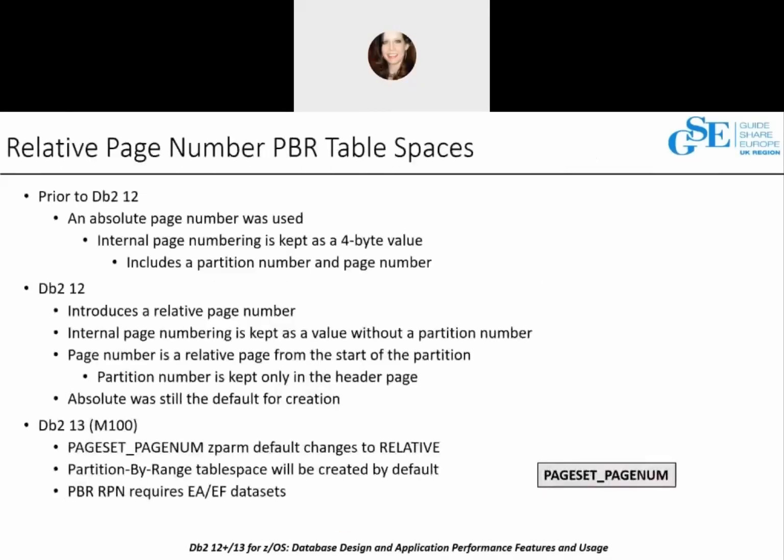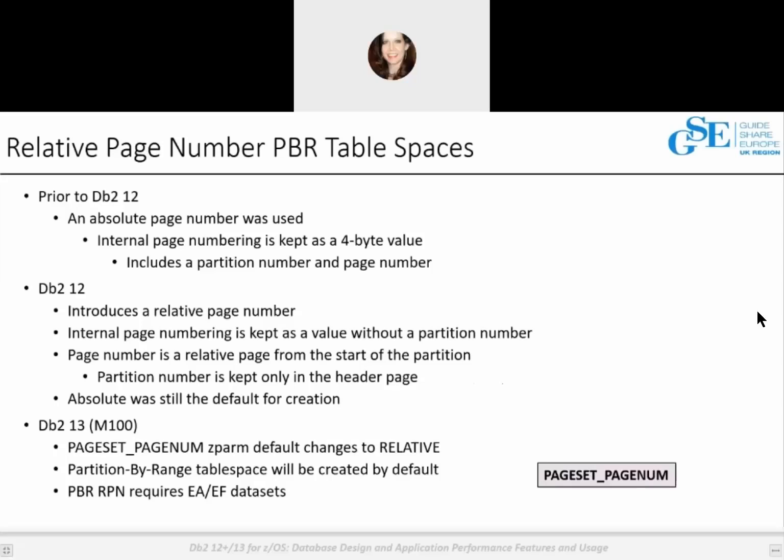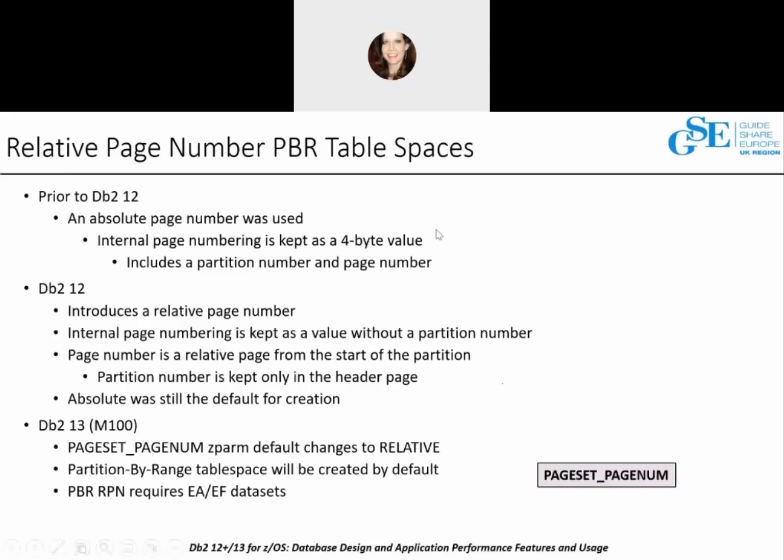So, starting with the database features. As you know, relative page numbering came out in version 12 in the initial release. That gives us a new page numbering mechanism instead of absolute page numbers, which allows us to remove some of the restrictions we had before. The absolute page numbers restricted the number of partitions we could have because they were tied to our page size. Absolute remains the default for creation of our table spaces in version 12. But in version 13,